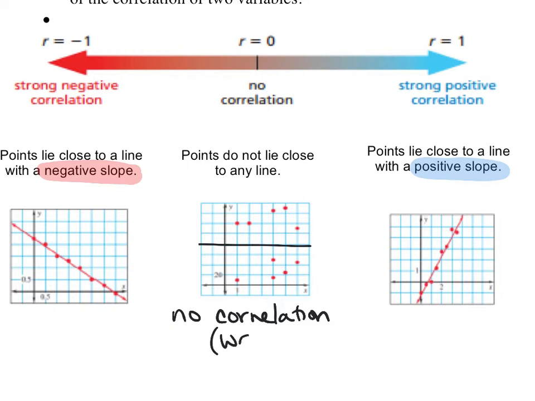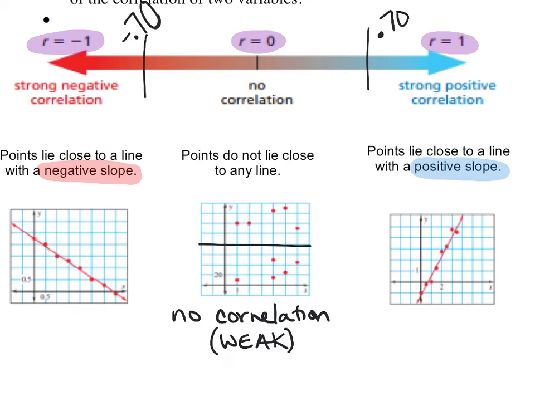or a weak correlation. Now, determining whether something is strong or weak is going to come from the number that we get for this R value. So we're going to get these R numbers out of our calculator to decide if it's strong or weak, positive or negative. The cutoff for it to be considered strong, we're going to use 0.7. If it's 0.70 or higher, so 0.70, 0.80, 0.90, or 1, it's going to be called strong. If it's negative 0.70 or lower, it's going to be